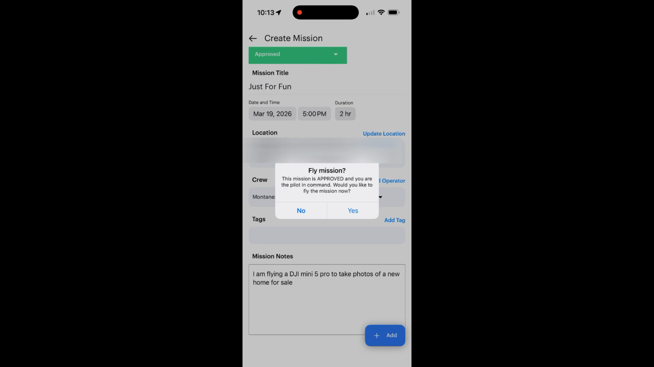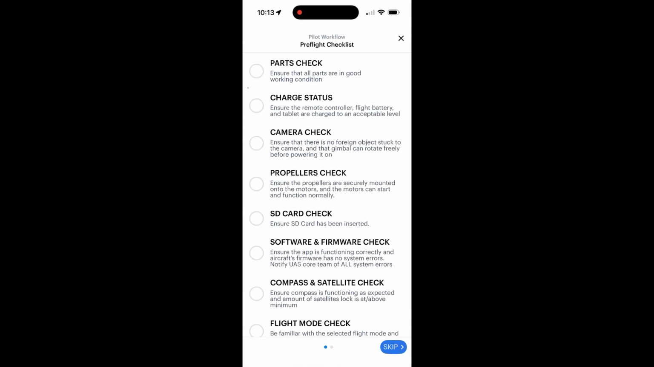So after you do that, it's going to say fly mission. Then you say yes. After you say yes, it goes to a log, and that log stays there, and you can see it, review it, or delete it if you change your mind. Then after that, you have to do the most important thing for every flyer,